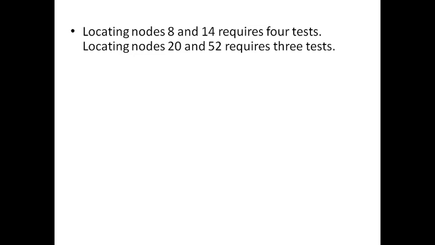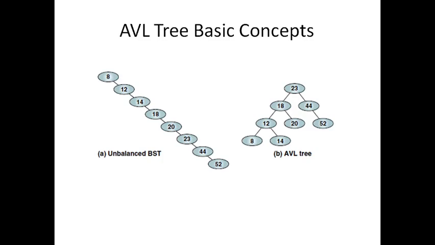Now what is the advantage of being balanced? The advantage is search time. The main application of BST is search. So whenever we want to store a large volume of data which needs to be searched multiple times, then BST is preferred because we can apply binary search. If you want to improve the performance of the search, then we may better opt to go for an AVL tree instead of a normal BST, because AVL gives much better search performance than the normal unbalanced BST.